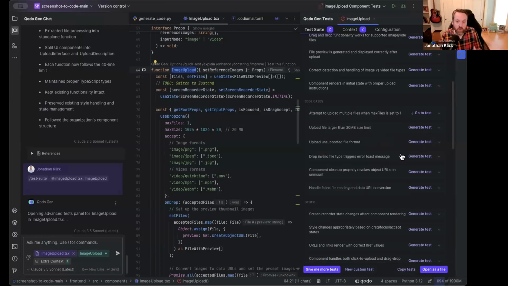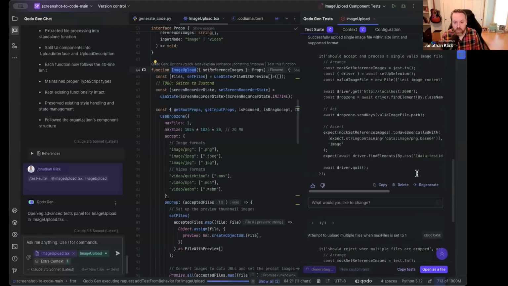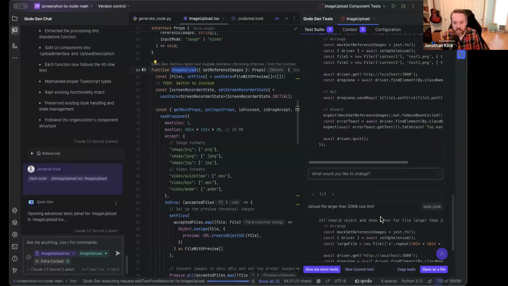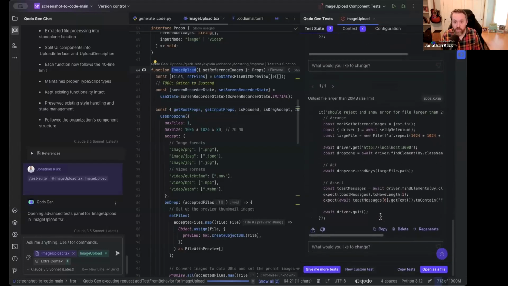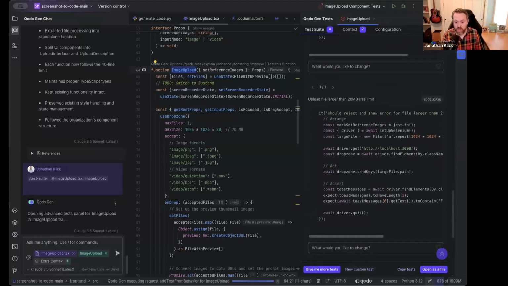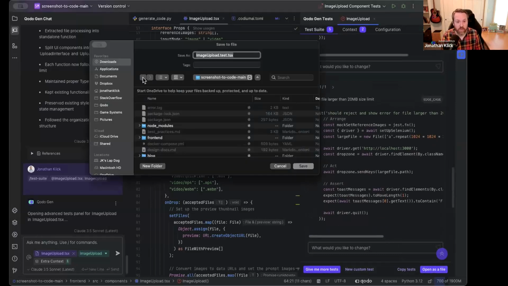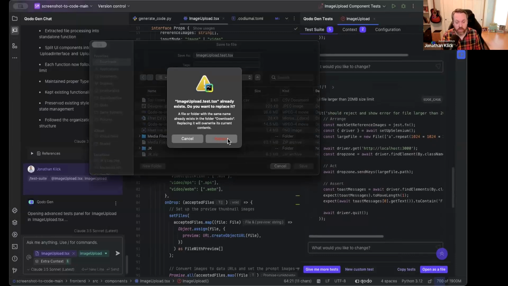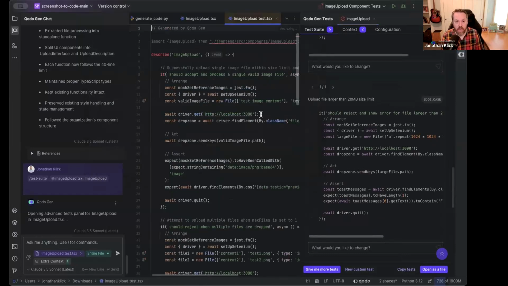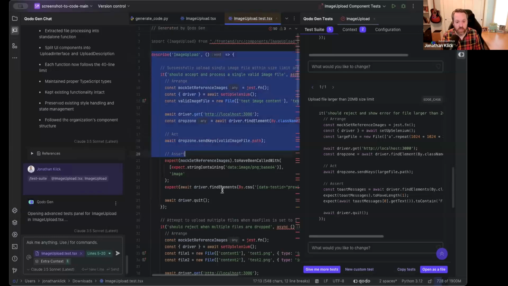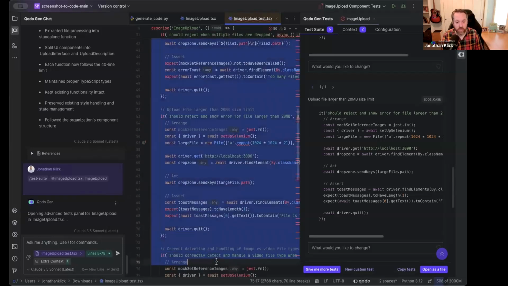And all I need to do now is click on generate test, generate test, generate test. And these tests actually are generating right now as we speak down below. From there, all I need to do is click open as file. And in fact, let me go ahead and just open as file real quick. I'll save this to my downloads folder as an example of this. And here you can see that the entire list of tests have